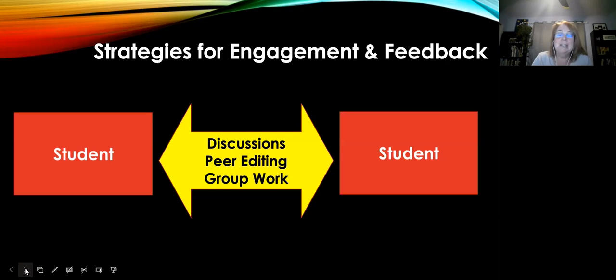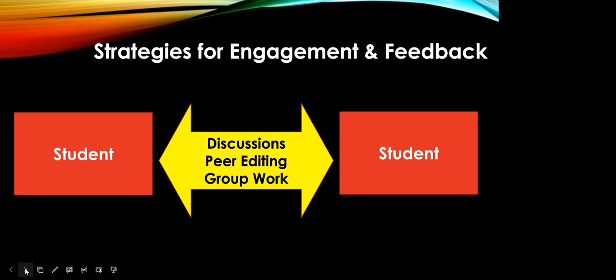For novice students, they probably need a lot of scaffolding to learn how to help edit and work together in groups. Yeah, as soon as I saw peer editing, yes, the level of the student is very important. And I have never had success with peer editing